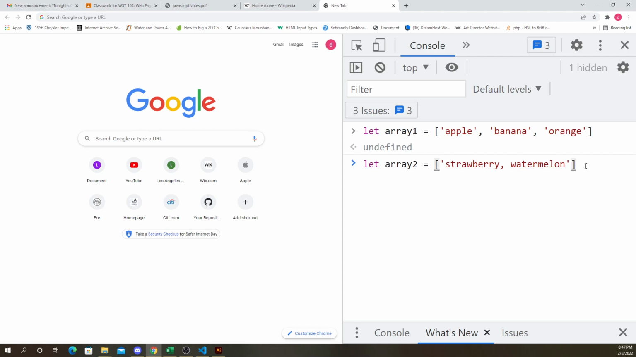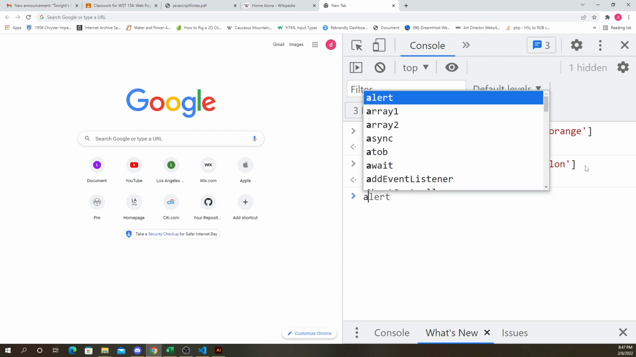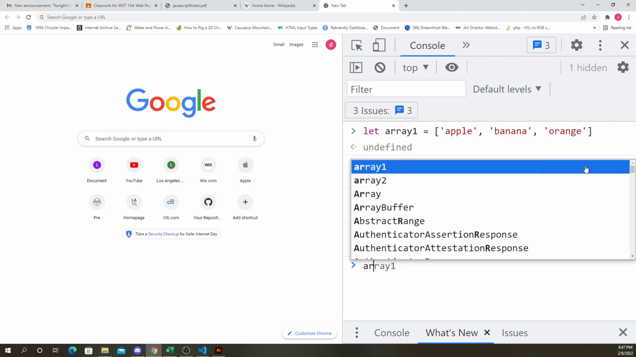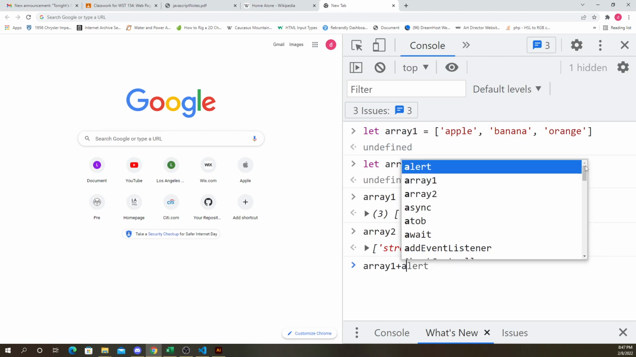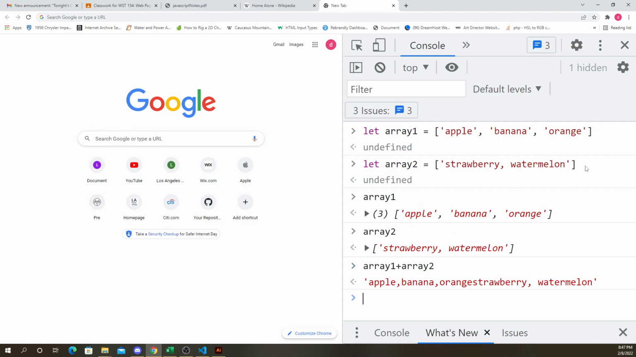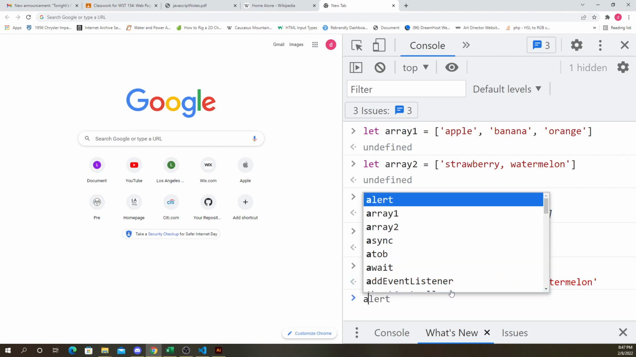Okay, so now we have two arrays. Array1, apple, banana, orange. Array2, strawberry, watermelon. If I say array1 plus array2, if we just use the plus symbol, we could concatenate it that way as well. You can see it puts them together. But you could also say